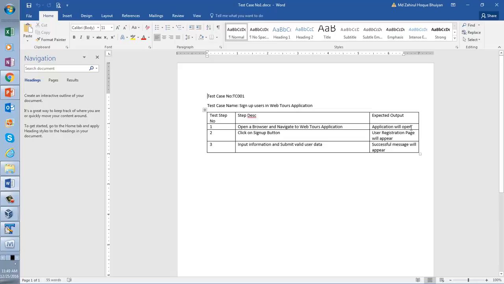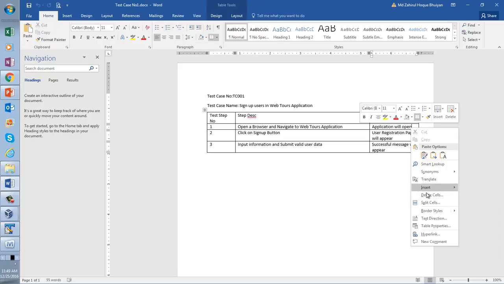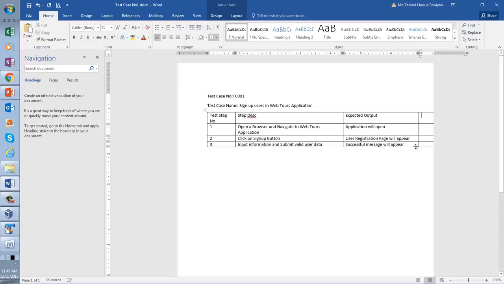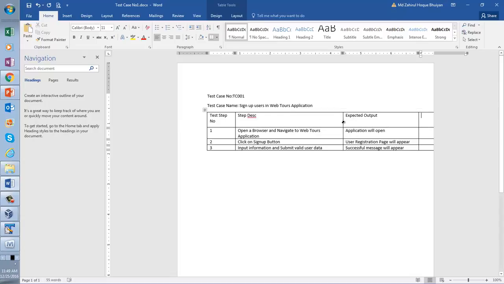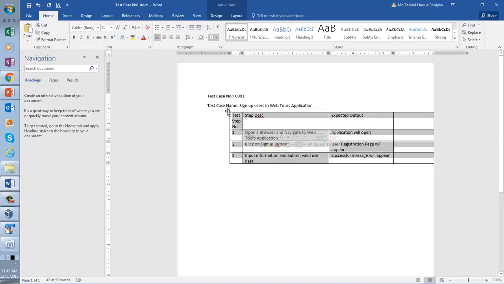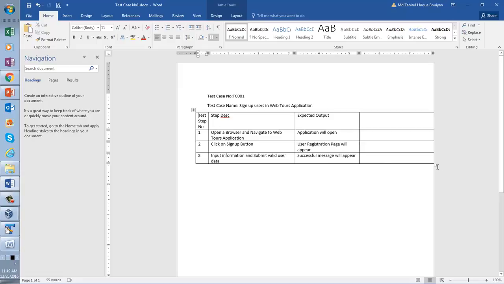Now let me insert another column to the right and make the table smaller.